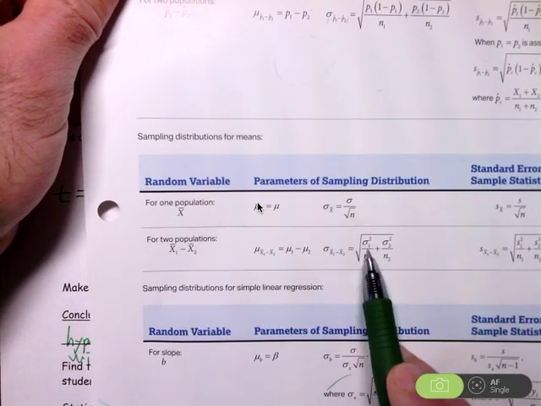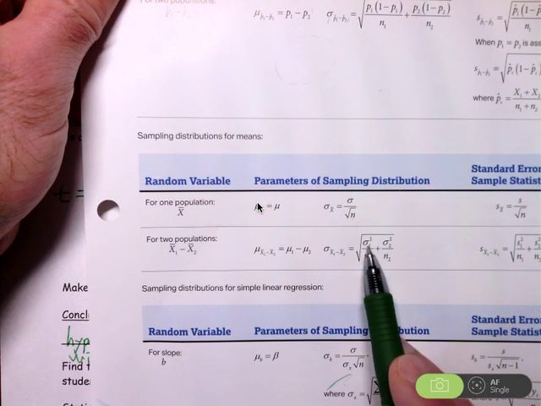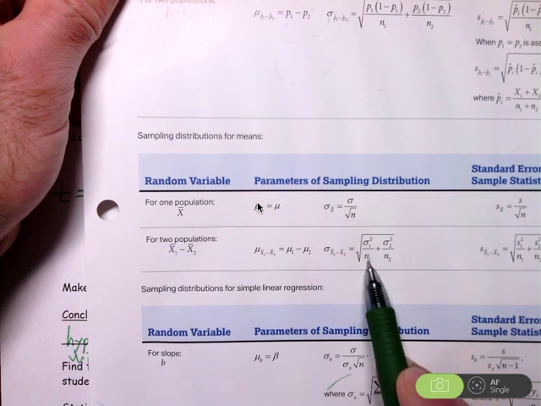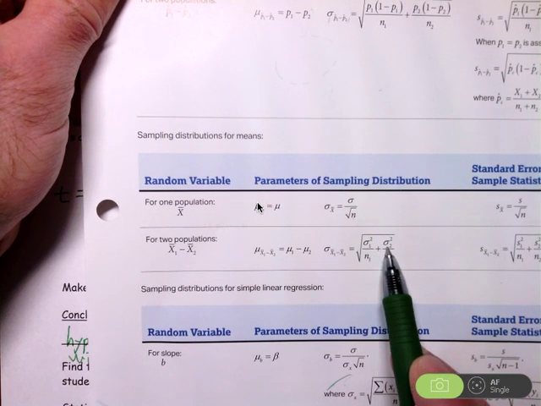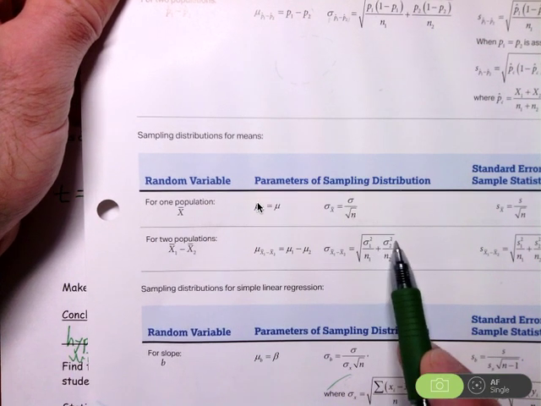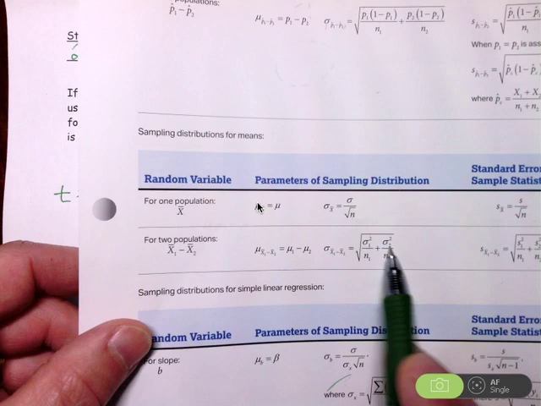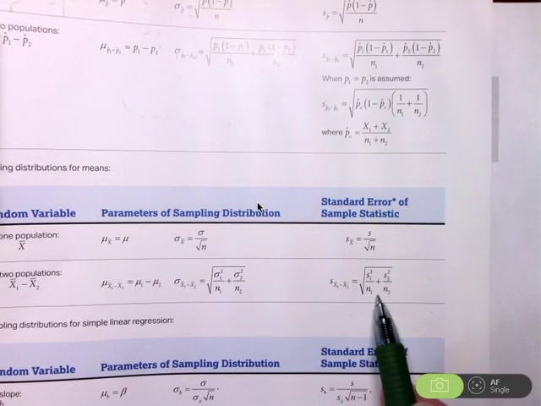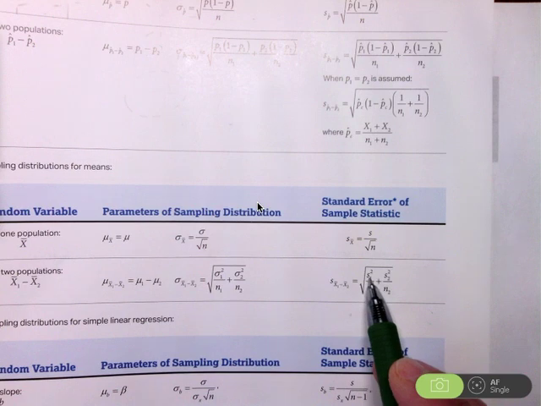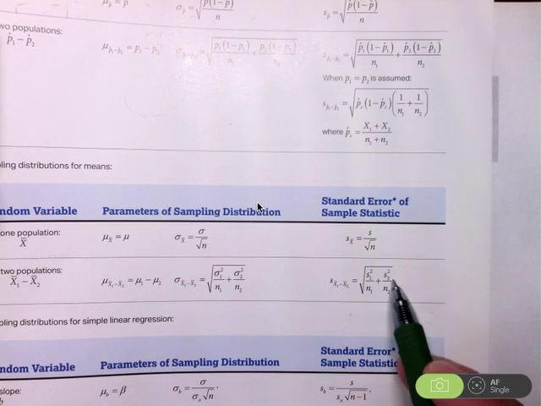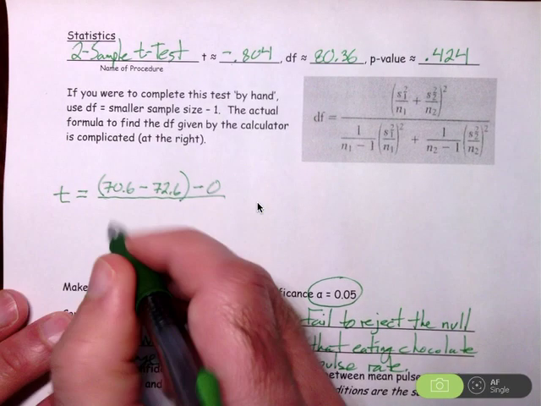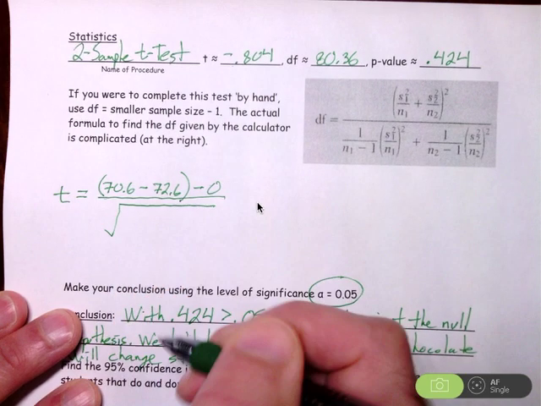So in the sampling distribution, it's the real standard deviation of the first population squared divided by the sample size from that population, plus the population standard deviation from the second group squared divided by the sample size that was selected from that population. Of course, we don't know those standard deviations, so we need to use the standard error instead. So that's where we take the standard deviation from the chocolate group and square it and divide by the sample size from the chocolate group. And the same thing from the control group. We'll take that standard deviation, square it, and divide by the sample size from that group. So we can use this straight from the formula sheet.